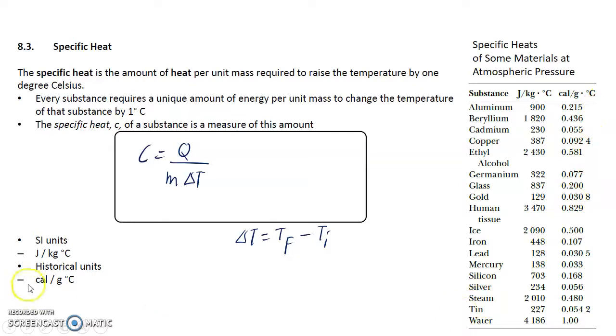The historical definition of the calorie is the amount of energy necessary to raise the temperature of 1 gram of a specific substance, in this case water, by 1 degree. It is equal to 4.186 joule, or 1 calorie, required in order to increase the temperature of 1 gram of water by 1 degree